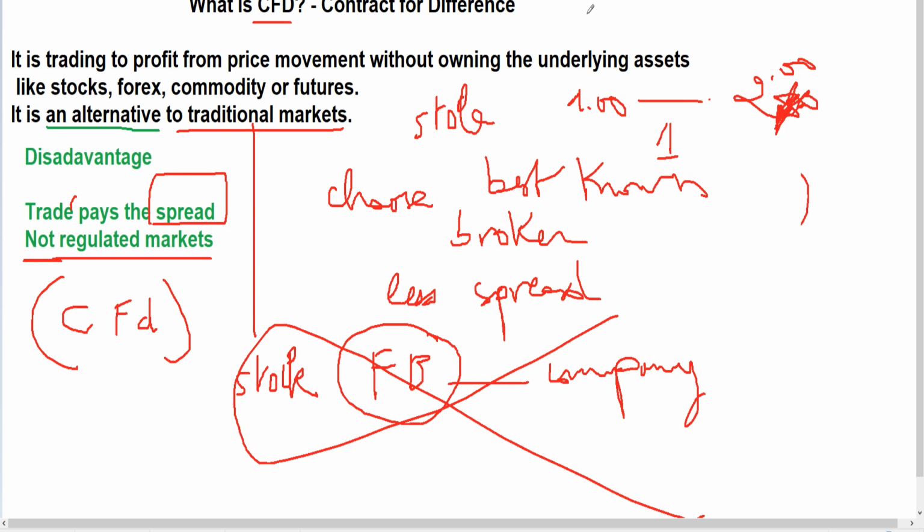It's like the OTC market in the USA here. Okay, so not regulated, it means you find a company, it's $60. The next day you can find it at $1. You can say nothing, and they can give you no explanation why. Okay, but in the stock market you can go and check why, because there should be a reason for that.